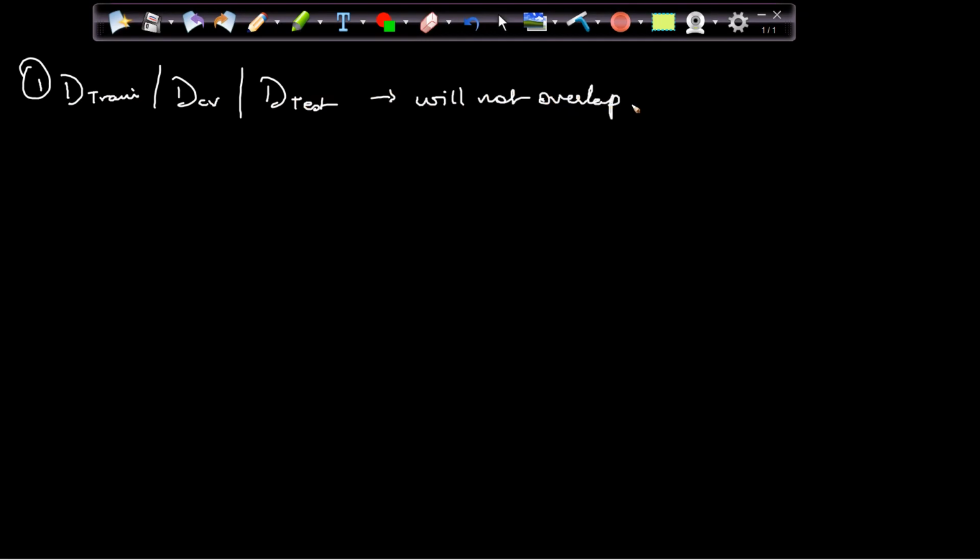So if I want to write down the understanding of this, we can say that my D train, D CV, and D test will not overlap, right? There will be some overlaps, but it is a random split happening, that's why overlap chances are less.